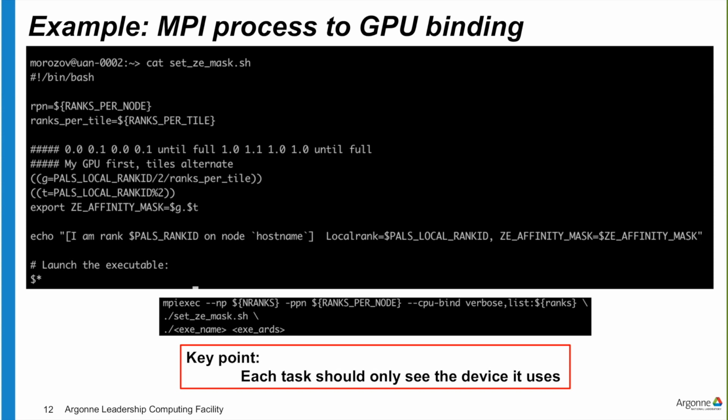called. So in this example, I create a set_zemask shell script which creates the affinity mask according to the local rank ID. I can specify ranks per node and ranks per tile, or I can specify PMI local rank ID if I define them after the mpiexec. And then based on those, I can pre-calculate the affinity mask as shown here. This is a round robin here using this fact that I have two